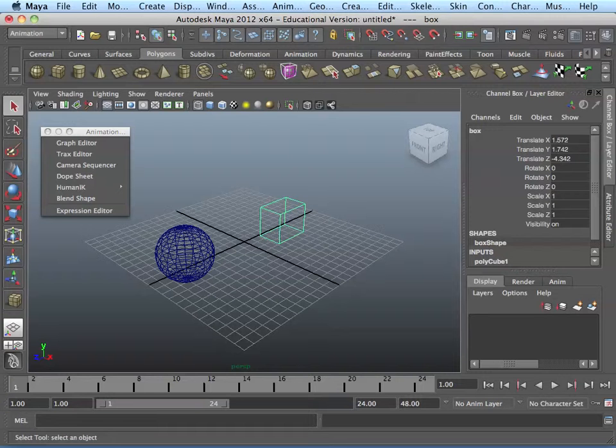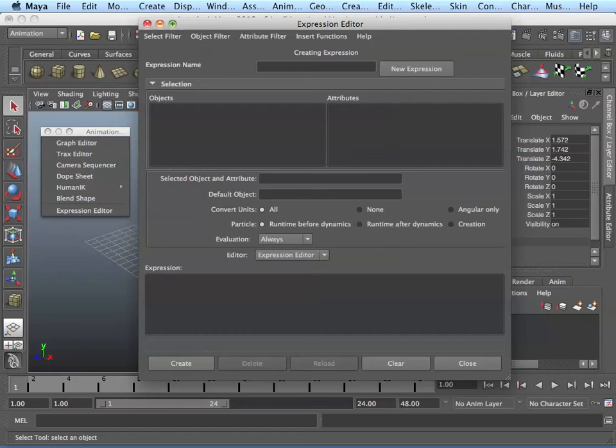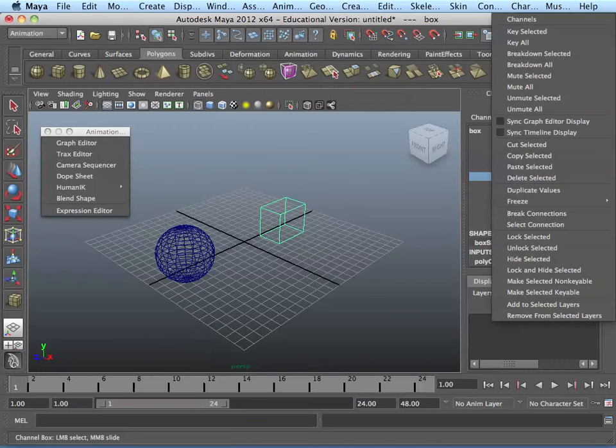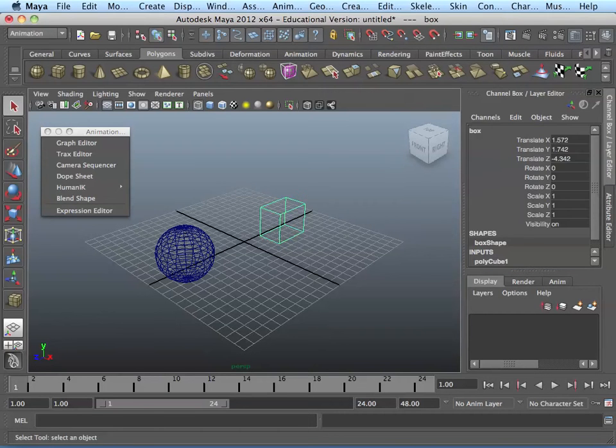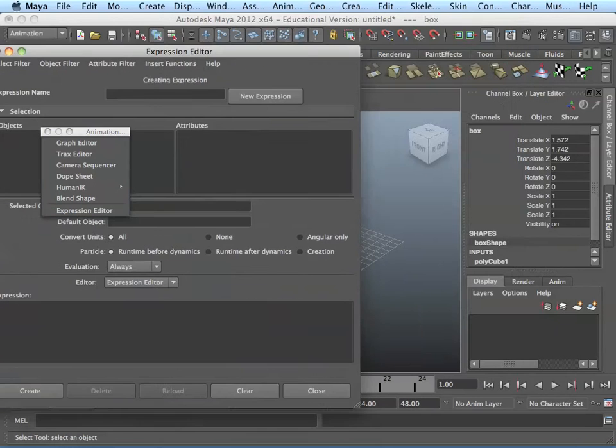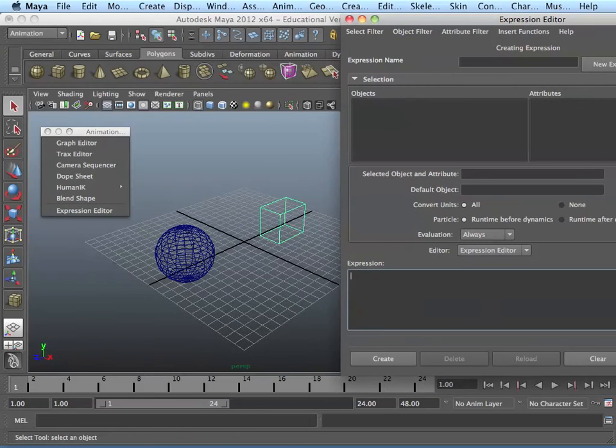So again, I'll show you another trick here. We can click on the expression under there, but if you're starting fresh especially, I can also highlight the attribute and say, where is it? Oh no, that's not true. Let's start again first. Ignore what I just said. We go to the expression editor, and what are we wanting to control? We're wanting to control box dot